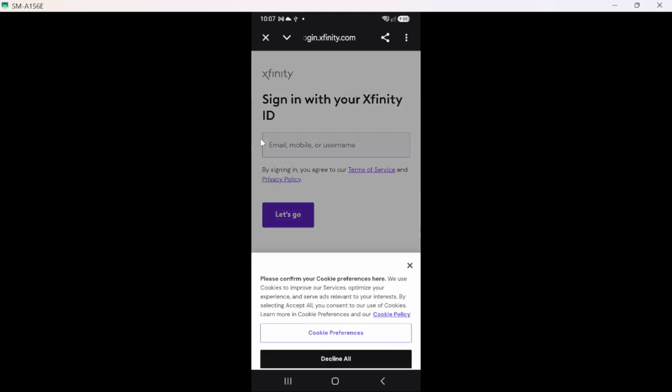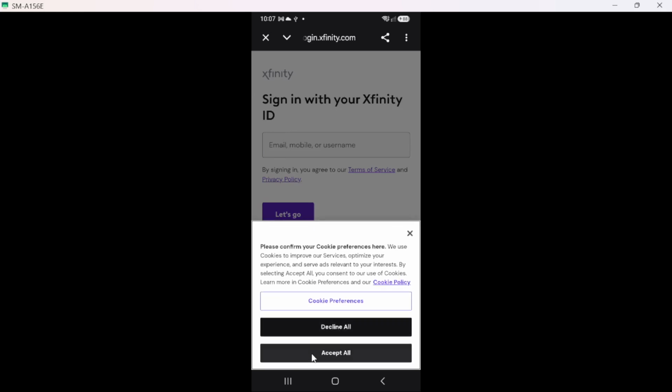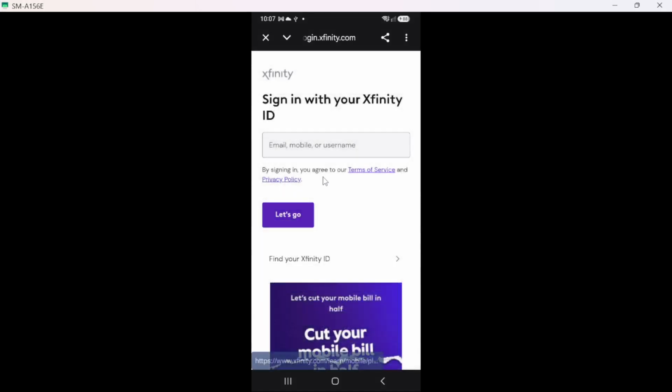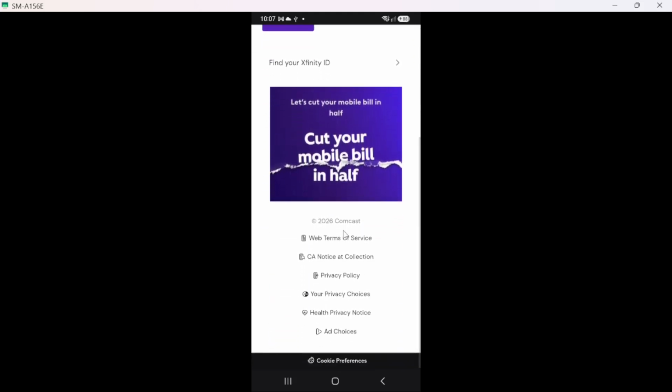Next, you may be prompted to allow any requested permissions. These permissions might include access to your location or notifications. Granting these permissions ensures that the app functions optimally. For example, location access can help in providing you with localized information about services available in your area. This is a small but important step toward a more personalized experience.